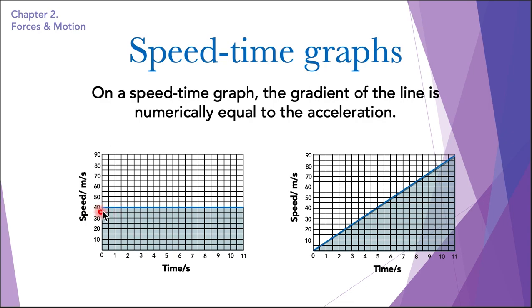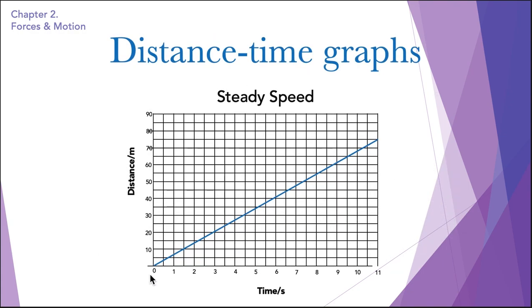So a speed time graph is different from distance time graphs. If a speed time graph is like this, a horizontal line, this means that the time is increasing and the car is moving, but the speed is not changing. So the speed is constant, which is 40. In distance time graphs, the constant speed graph is something like this. It is a straight line. So this means that the speed is constant. It is not increasing or decreasing, but it is constant.